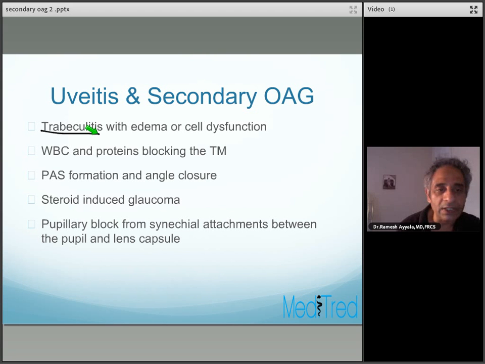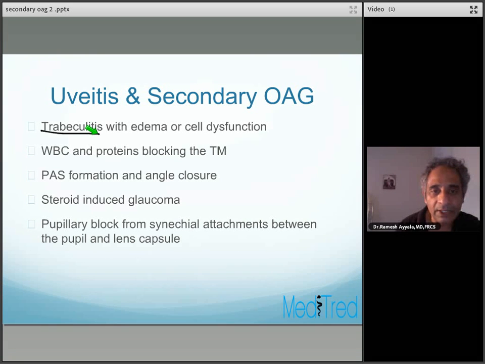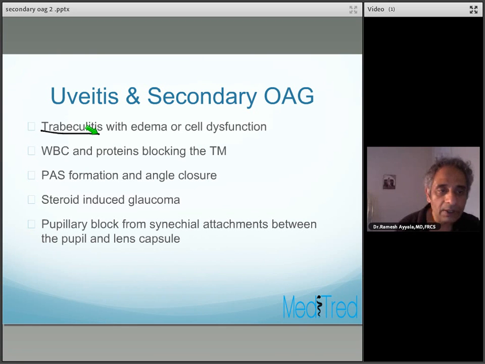WBCs, white cells and proteins, blocking the trabecular meshwork. Remember, when you have uveitis, the blood aqueous barrier is broken, and so white cells and proteinaceous material can leak into the aqueous humor, and via the aqueous humor can travel into the trabecular meshwork, block the TM, and cause the pressure to go up. Chronic inflammation can give rise to peripheral anterior synechiae formation and angle closure, giving rise to